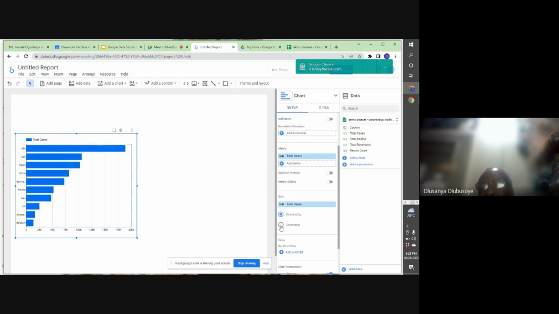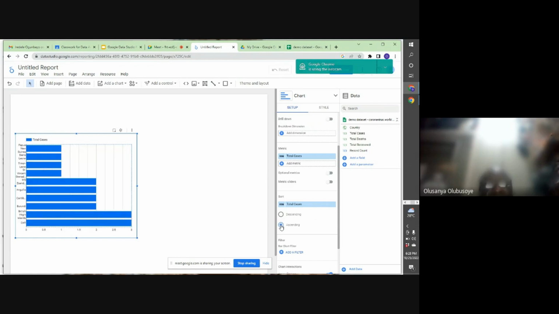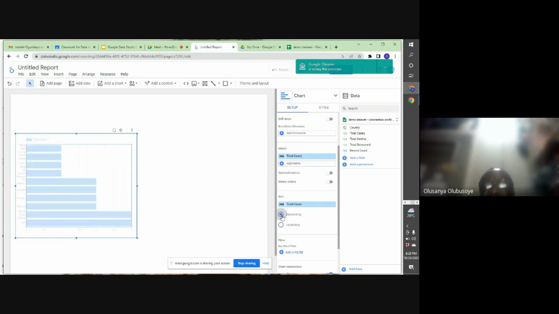But if I want it in ascending order, I can just click here and have it. So the lowest, they are Papua New Guinea, Sierra Leone, and so on like that. But let's keep the descending order, which